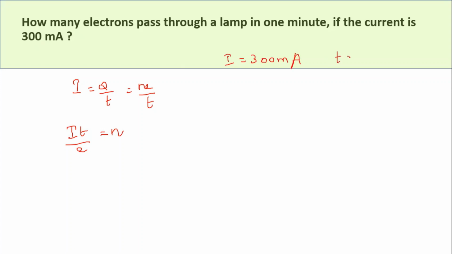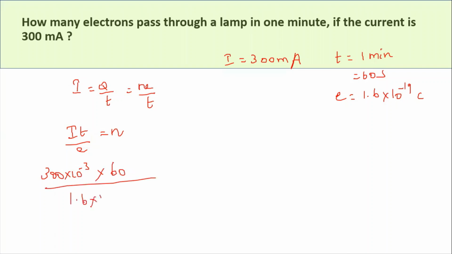Time is equal to 1 minute, that is equal to 60 seconds. E we already know, that is equal to 1.6 into 10 power minus 19 coulomb. So here substitute what you will get: 300 into 10 power minus 3 into 60 divided by 1.6 into 10 power minus 19. Okay. So now when you solve it, you will get it as